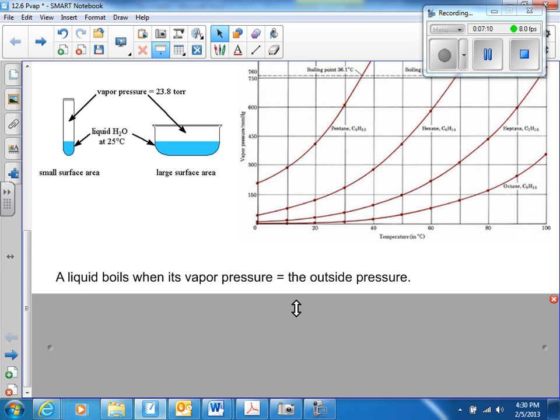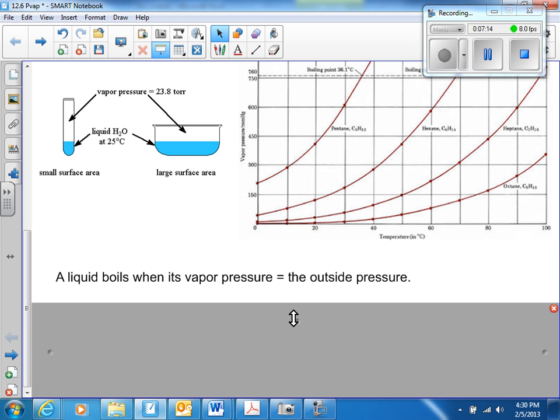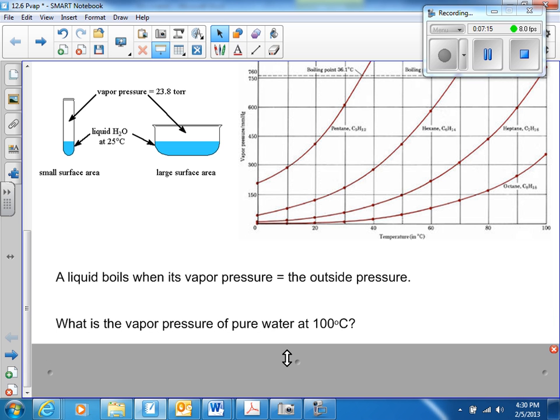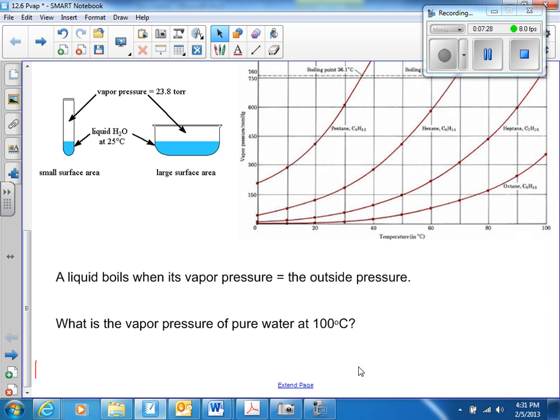A liquid boils when its vapor pressure equals the outside pressure. Make sure you wrote that down in your notes. Okay, what is the vapor pressure of pure water at 100 degrees Celsius? Well, I just told you that a liquid boils when its vapor pressure equals the outside pressure. So the vapor pressure of pure water, we know that water, hopefully, I hope you know that water boils at